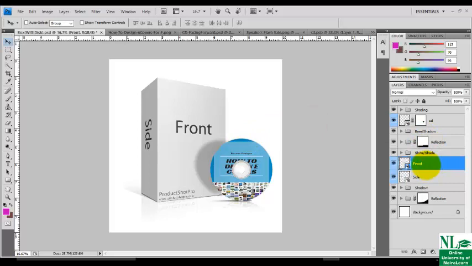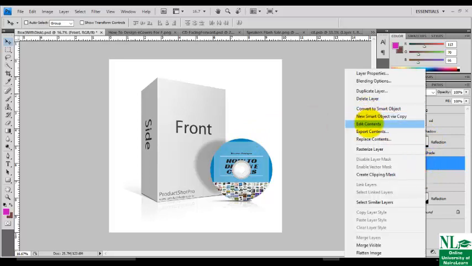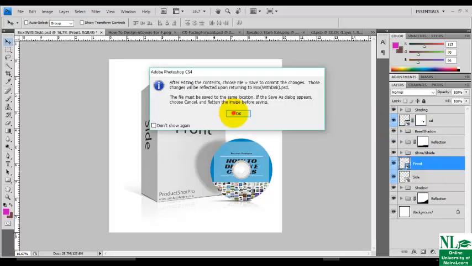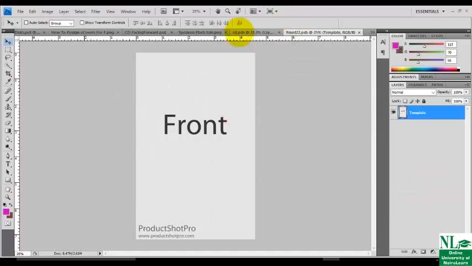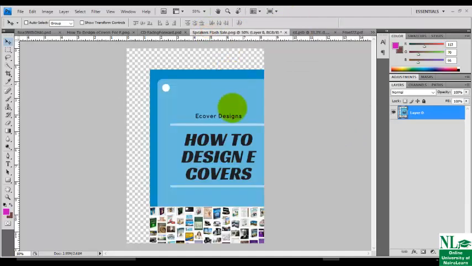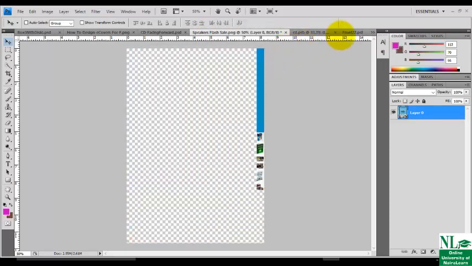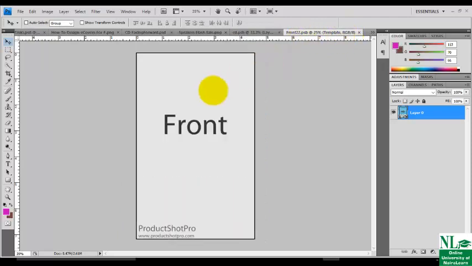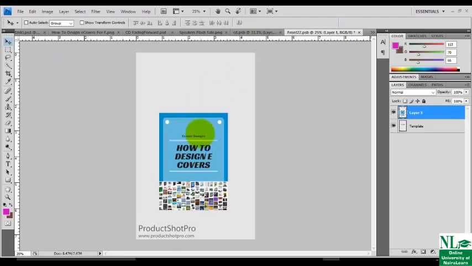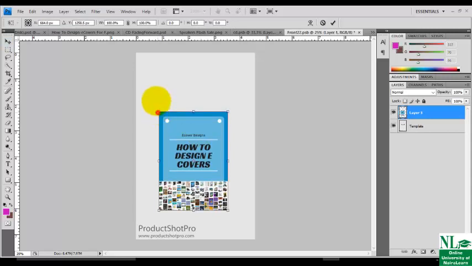So just take your cursor to that layer, right click, then click on edit content, say OK, then return back to your 2D template or banner, then drag it to the front, leave it, Ctrl T.